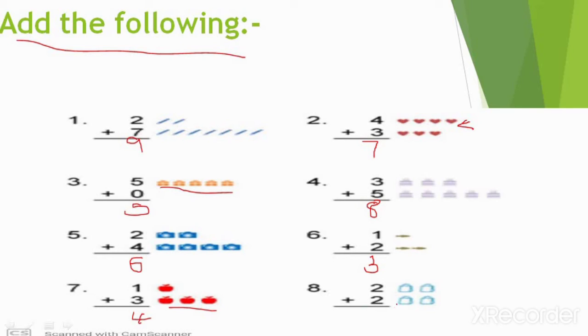This is 2 plus 2. That means we already have 2 objects and now we have to add 2 more to it. Okay, so we have to start counting after number 2. 2 after 3 and 4. So our sum is 4. Look, what do I say? I said our sum is. So whenever we start counting addition and finish it, at the end we get the product, which is called sum.